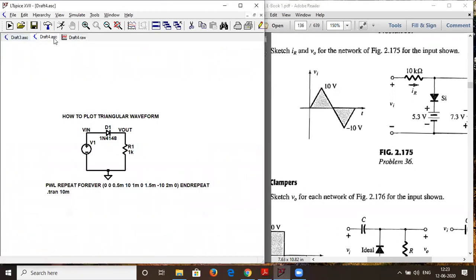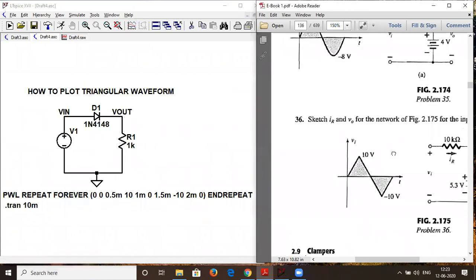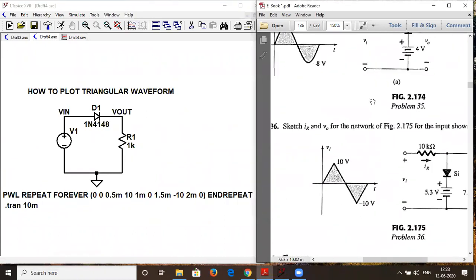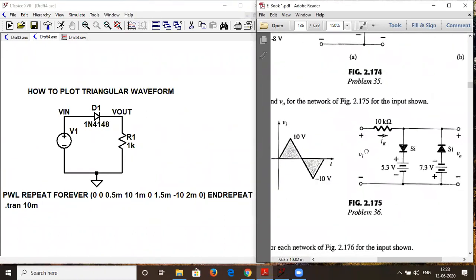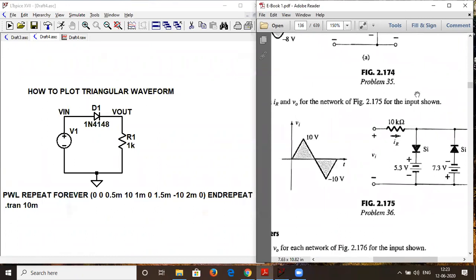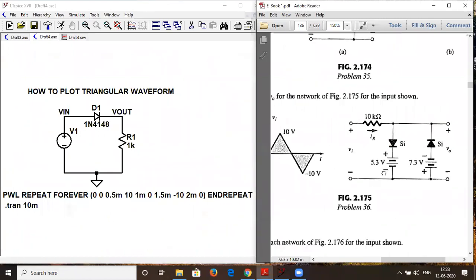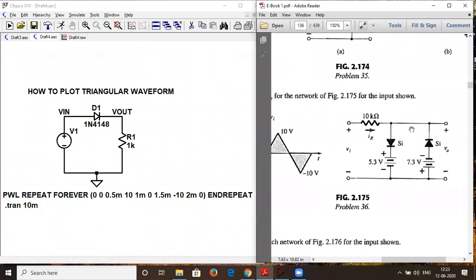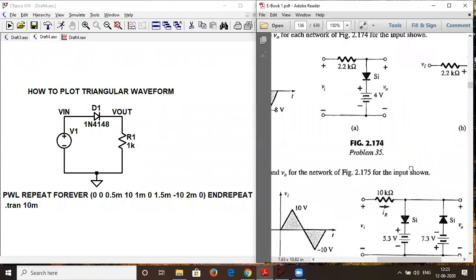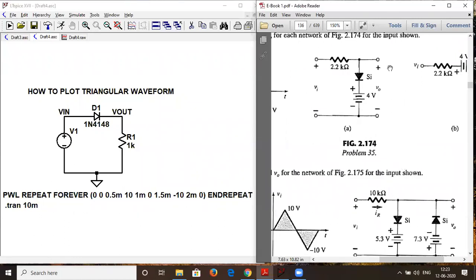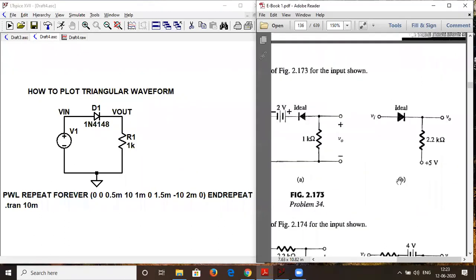Now I want to make one more announcement. See carefully, in today's work, today will be unsolved work. So let's consider this circuit. I'll change this question for you all. The input will remain the same, and these values will remain the same. This is VB1. Additionally, you have to do this VB1, VB2, and all the circuits which I give you. Today also it will be a silicon diode. So even if it is written in a numerical as an ideal diode, you will give it a silicon diode. Is that very, very clear?